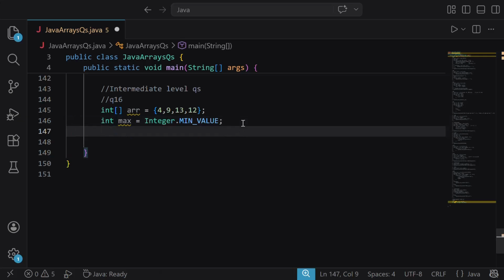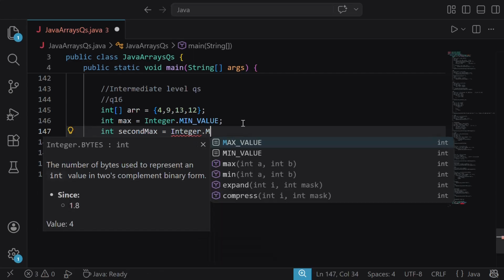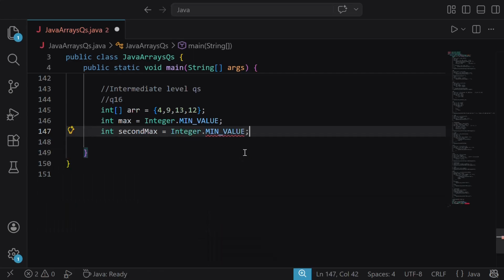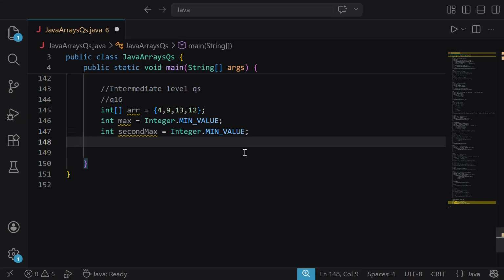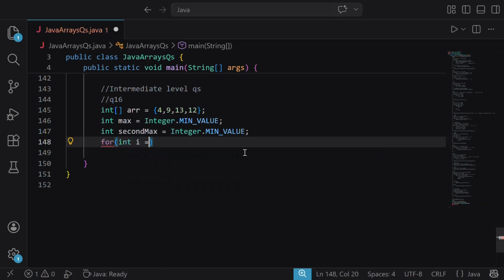Now we take another variable, second max, and its value will also be Integer dot MIN_VALUE. Now we'll traverse through the array. So we'll use the for loop,